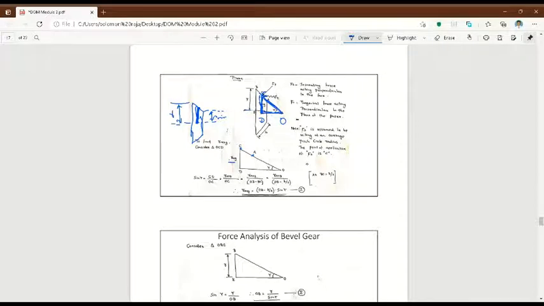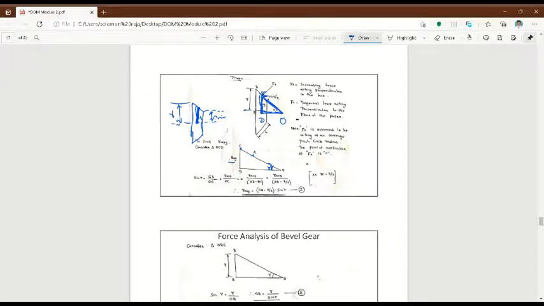I want to find out that distance, R average. One more thing, this angle is gamma, not R. So I have to find out this average radius, average pinion radius. For that, I am taking this triangle. Here sine gamma equals opposite by hypotenuse. Opposite is CD, hypotenuse is OC. CD by OC, and that CD is called the average radius of the pinion.